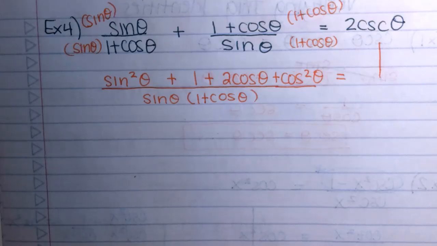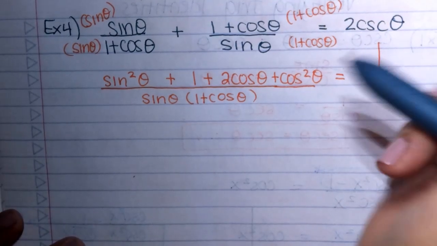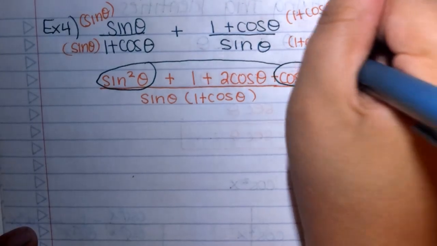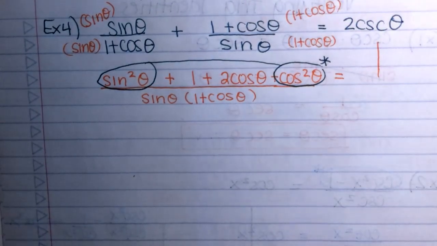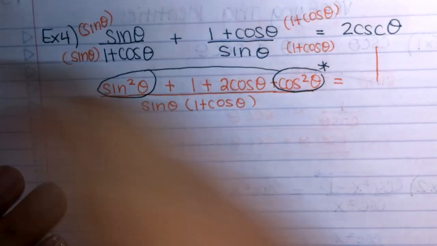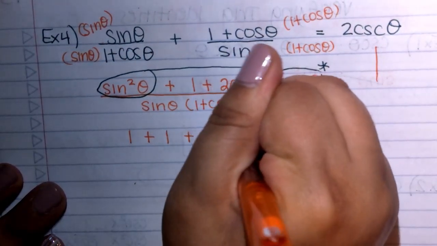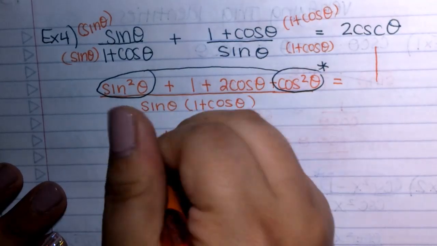Okay, Gabriel, do you want to announce to the class what you would do next in this situation? Even though they're not next to each other, do you agree I have cosine squared theta and sine squared theta? And do you agree that's an identity? What does that equal? 1. So this is going to be 1 plus 1 plus 2 cosine of theta over